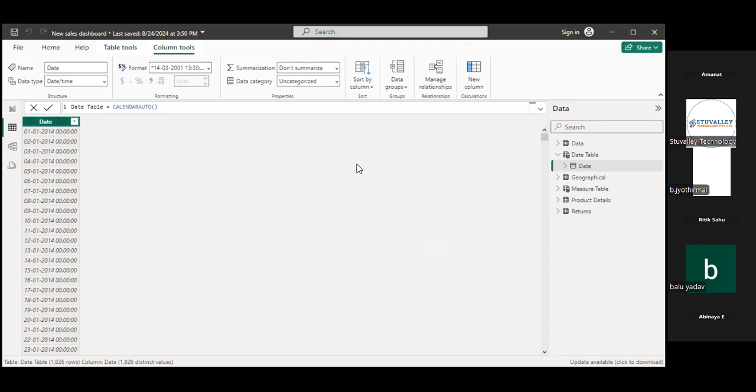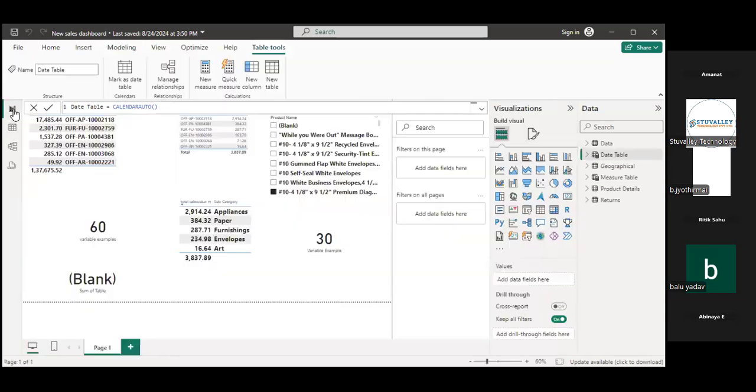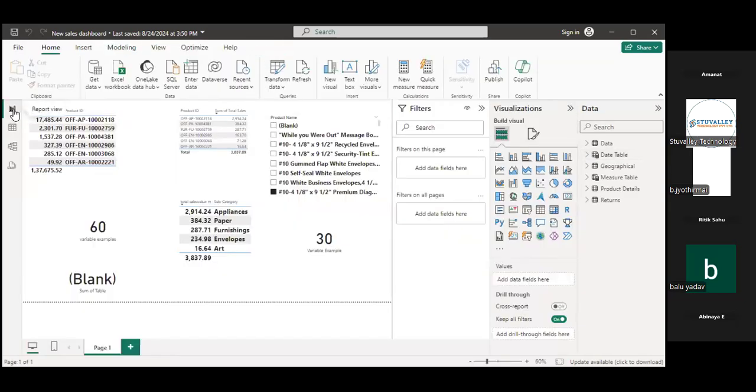So okay, what is our today's agenda? In today's agenda, I want to create one more date table, but with a different approach. Not with the help of CALENDAR, we will use both the functions, but in a different way, with the help of variables. Variables, we have already covered in class, yes. So with the help of variables, how we are able to create a table, that I will show you in today's class. That is the main agenda of today's class.